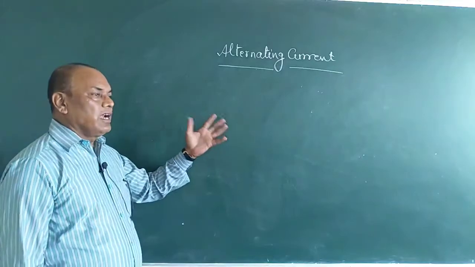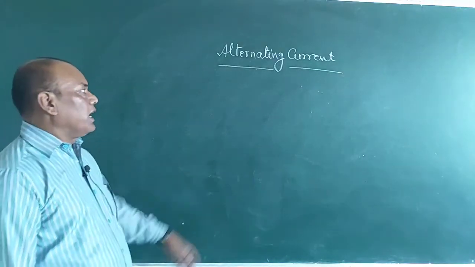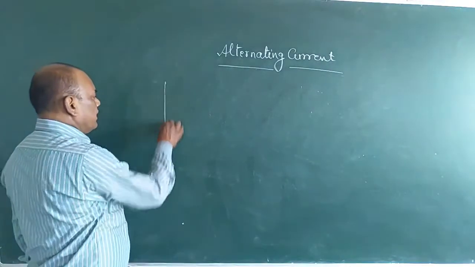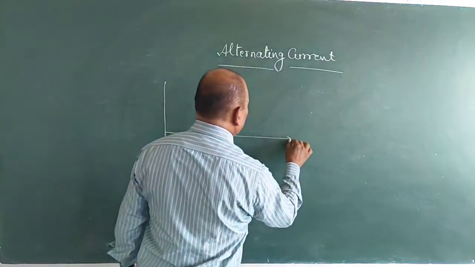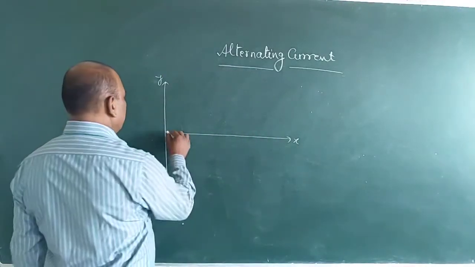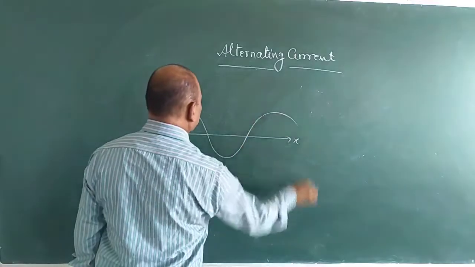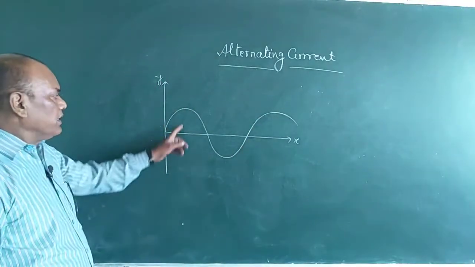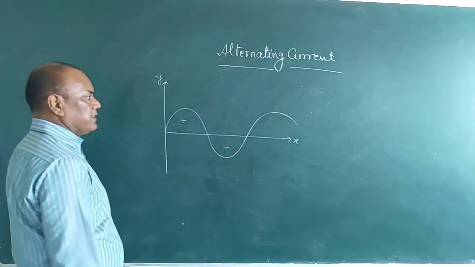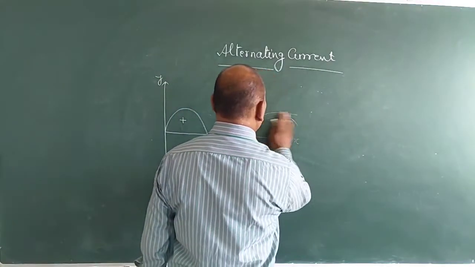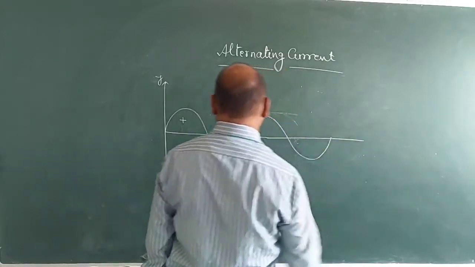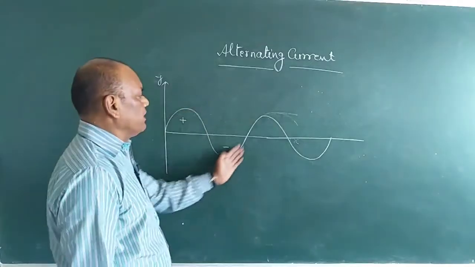Why is it called alternating current? I would like to explain this word alternating. Let us suppose this is the x-axis and this is the y-axis. A graph is given to you like this. Here is the plus region and this is the minus region. If we are taking a complete cycle, here,